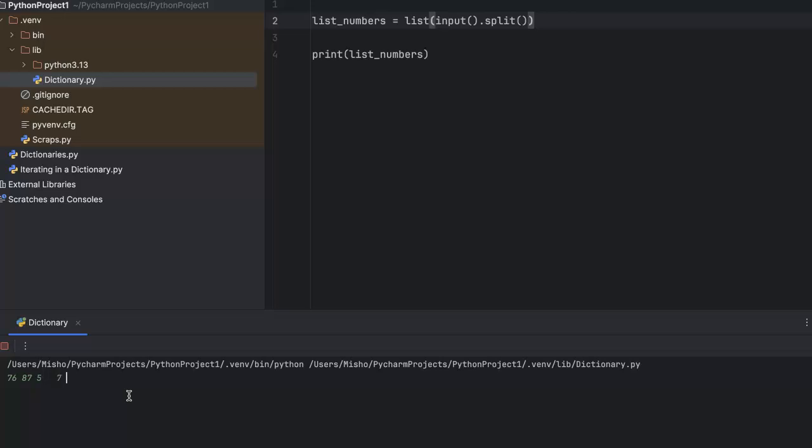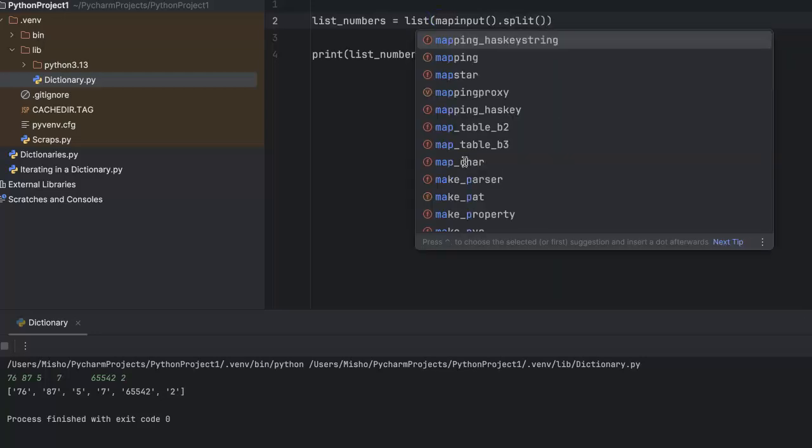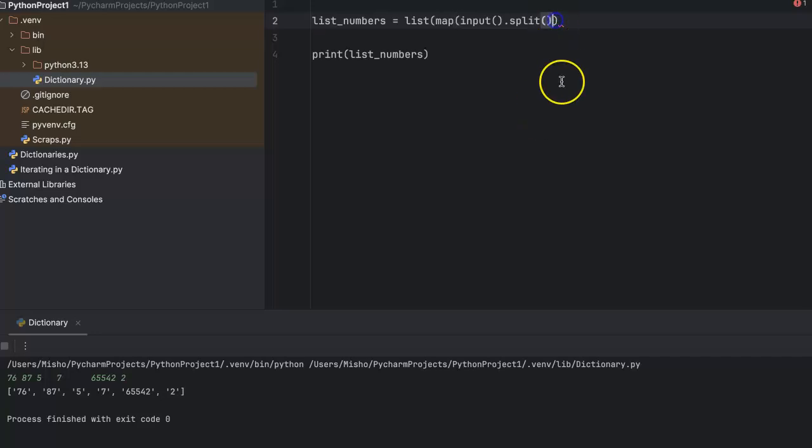We can put any number of space bars, and the computer identifies the digits and takes only them as strings. Now, if we want this to work in exactly the same way, but we want these strings to be transformed